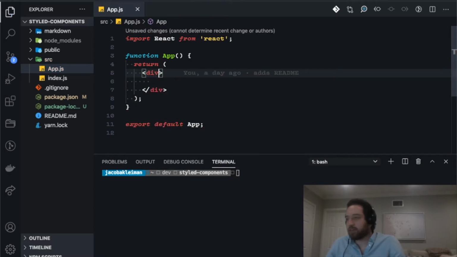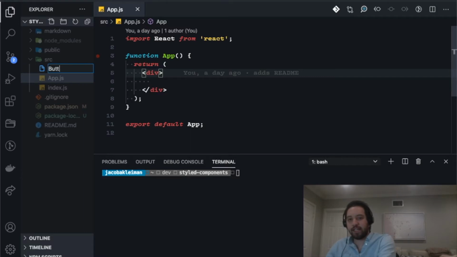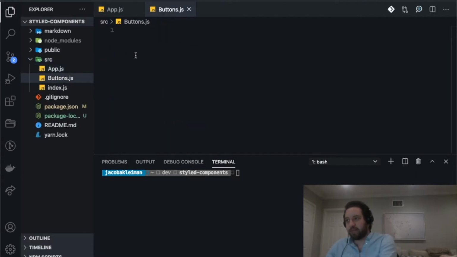So that's what we are working with right now. So that's local inline styles for you. So let's go ahead and create our first styled component. Let's go in here and create a Buttons.js. Now inside of our button component, let's import styled